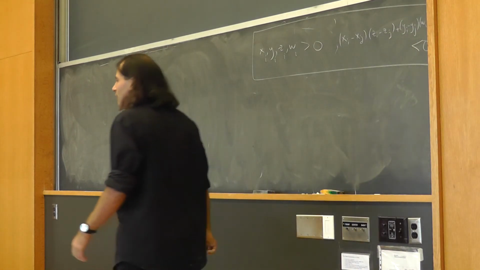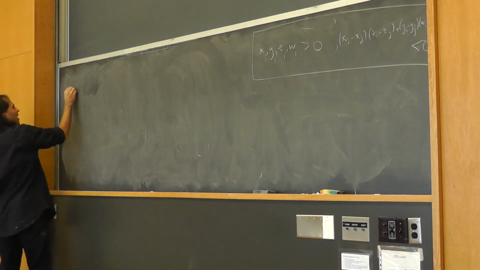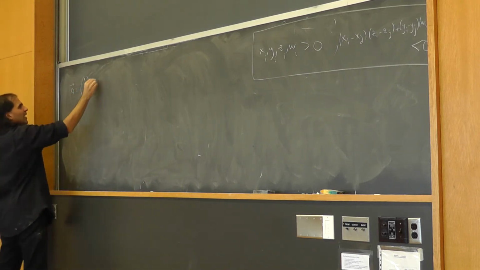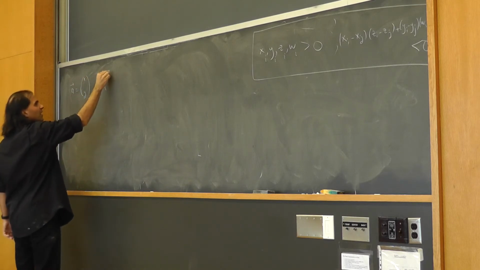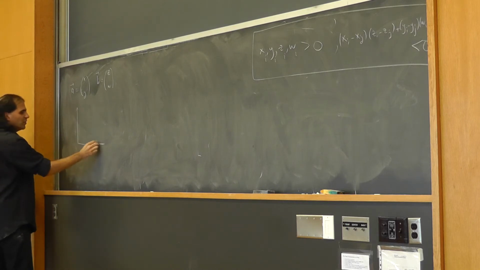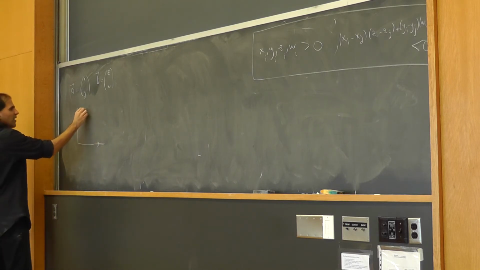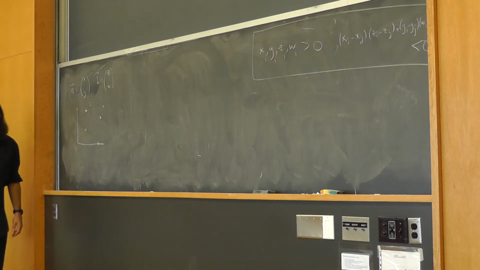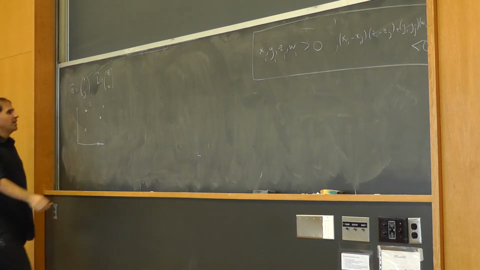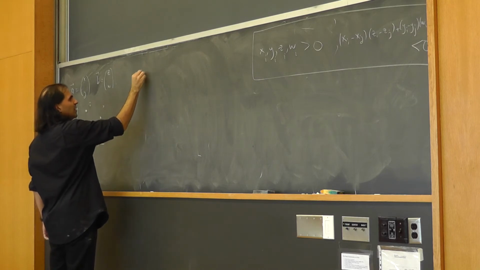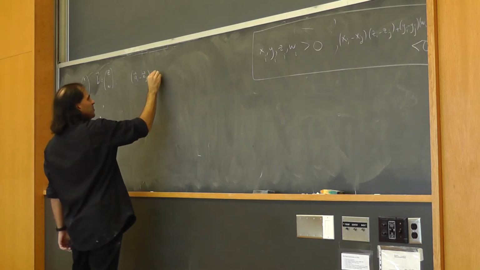I can make it look more like a junior high school geometry problem if I just define little 2-dimensional vectors A to be x, y, and B to be z, w. So you have the 2-dimensional plane, you have the upper quadrant, you have A-like points, these are A's. You have B-like points, which I'll write as X's, and we have to have that they're all in the upper quadrant, and also that A_i minus A_j dot B_i minus B_j